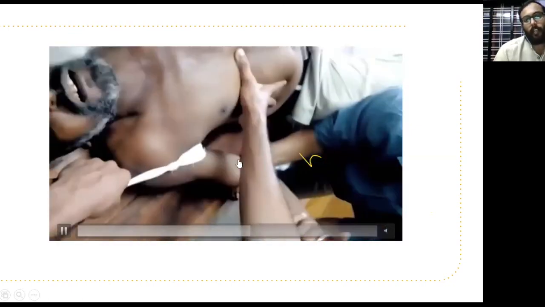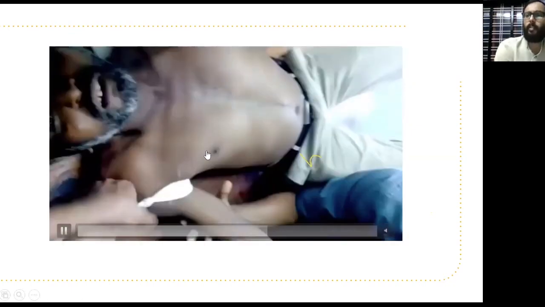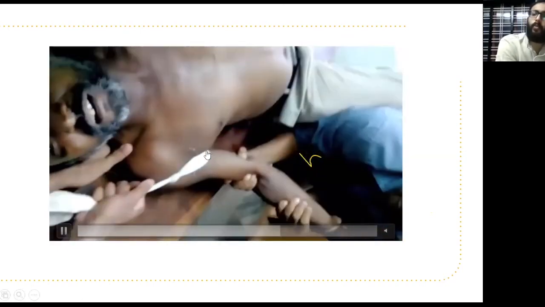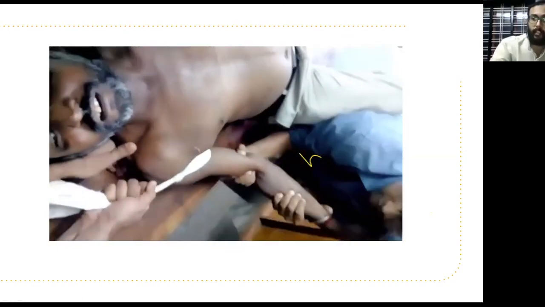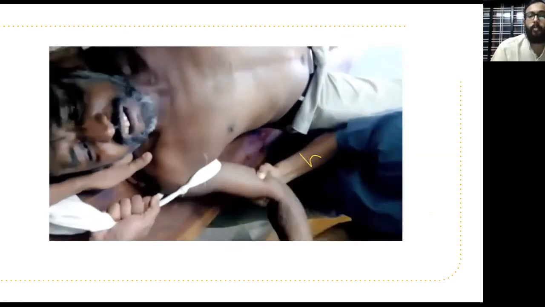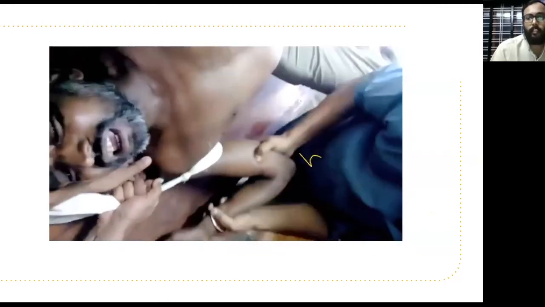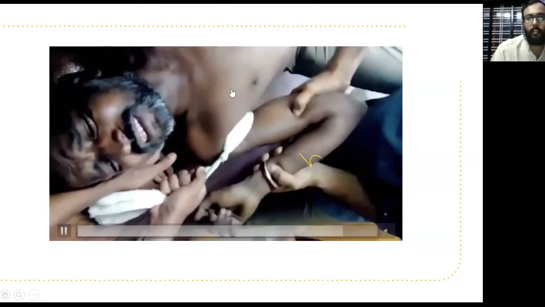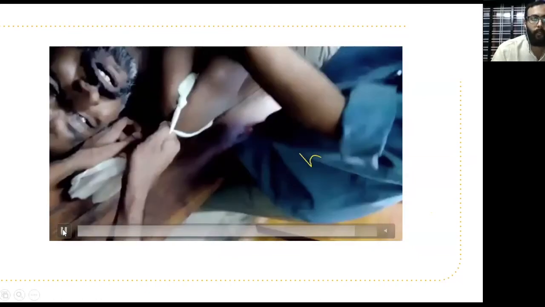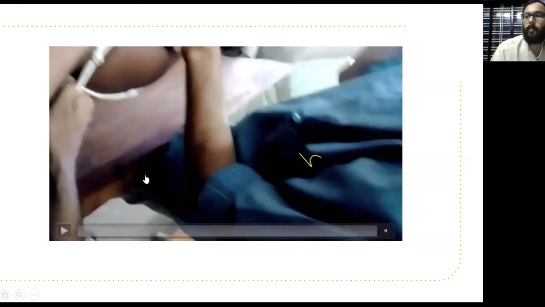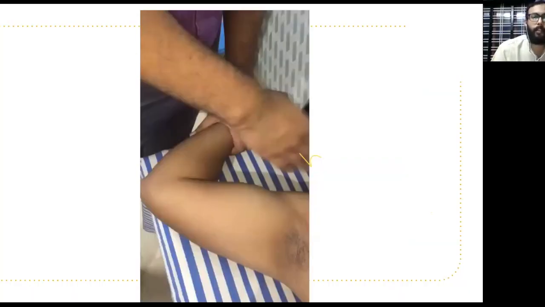Here you can see traction. In this method you need more power to do the traction. This traction is very important. To do this traction, initially, this is very important. This is traction, external rotation and adduction. I will explain once more. And this needs more power. But the first method I explained is very simple. You can do it simply. No other assistant or help is needed in that procedure.